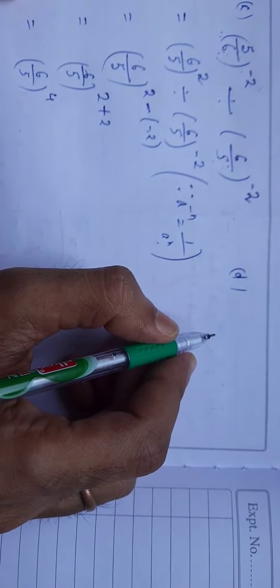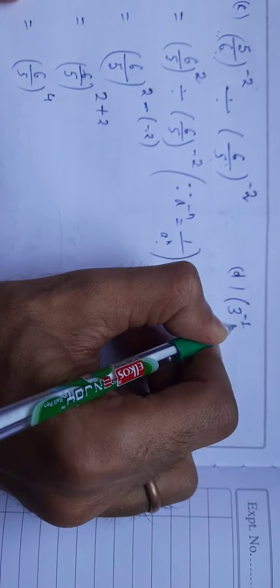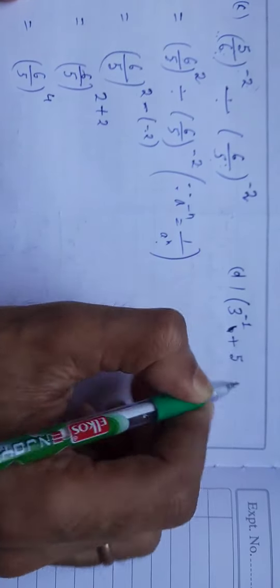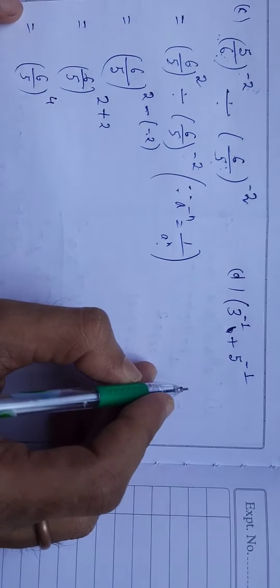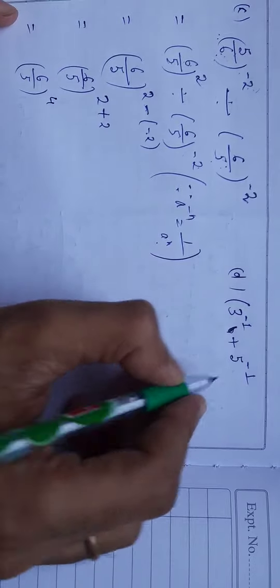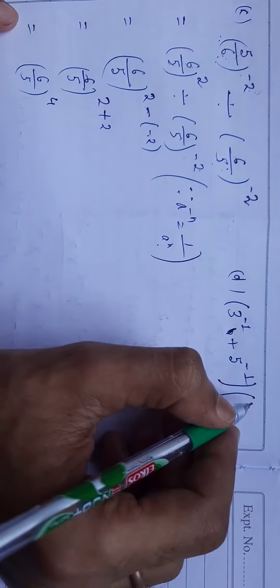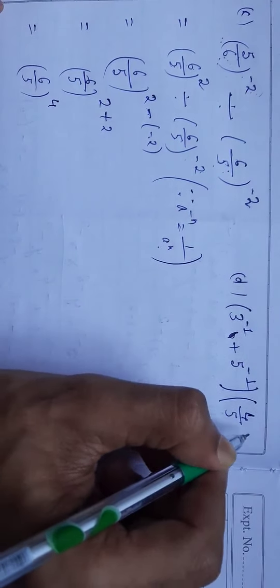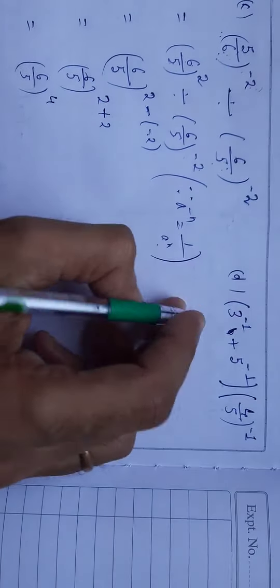Next question, question number D: 3 to the power minus 1 plus 5 to the power minus 1, within a bracket, then within another bracket 4 by 5 to the power minus 1. So this can be written as